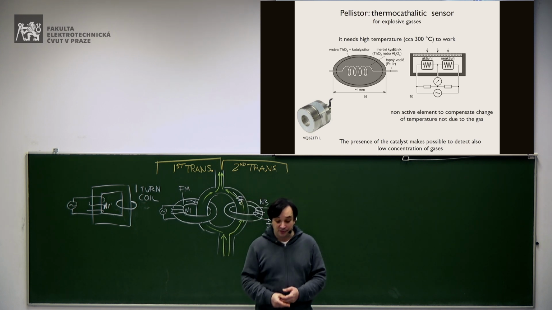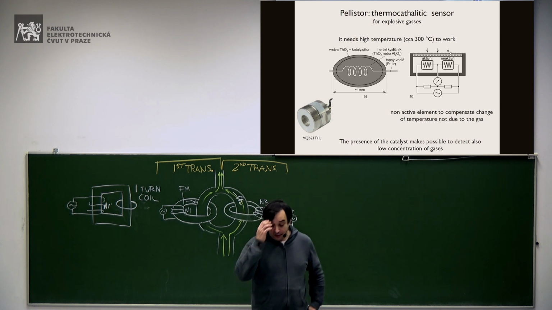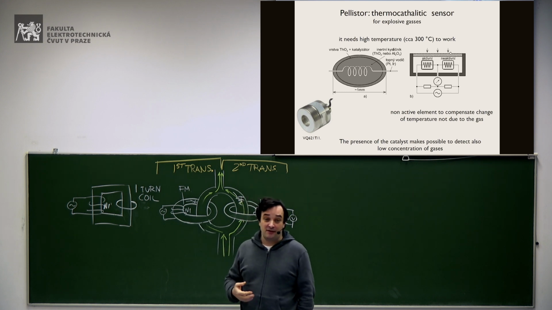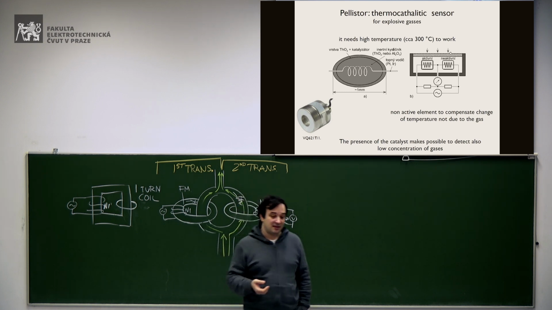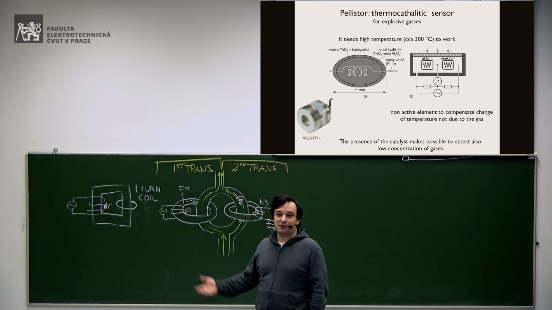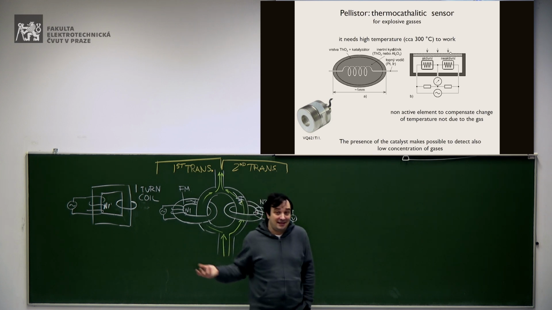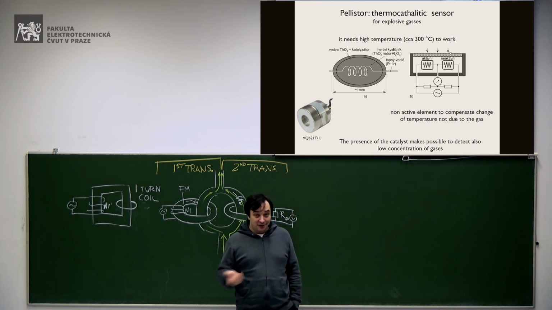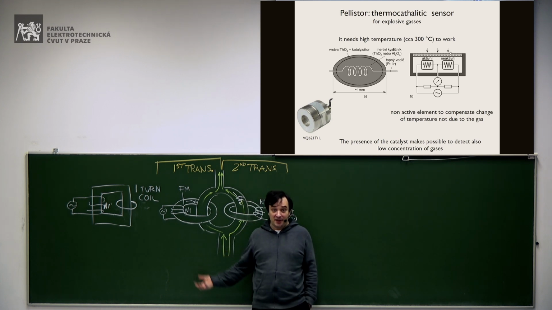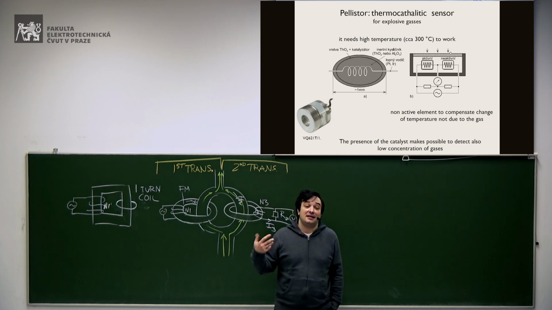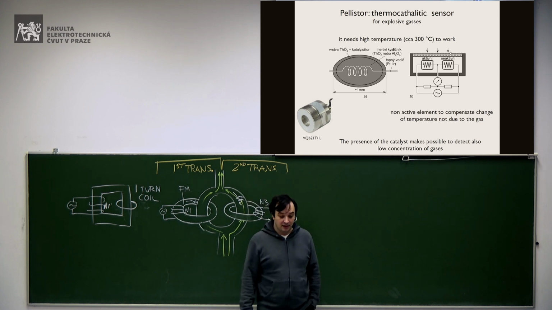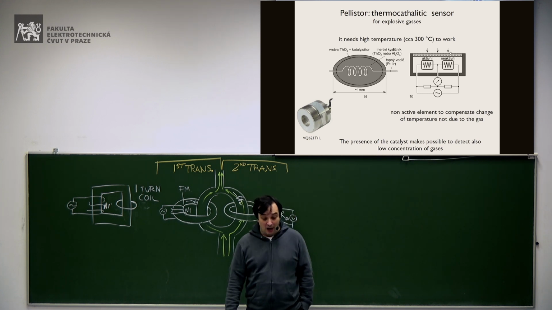In this case, for instance, you use a bridge because, as usual, you want to be sure that the change of temperature is given by the micro combustion of the flammable gases, and not by the fact that the temperature changes in the room by itself. So you want to be sure that the change of resistance is not given by a change in the environment where you are measuring, but it's an actual change of resistance given by the micro combustion of the gases. Why do we have a catalyst?